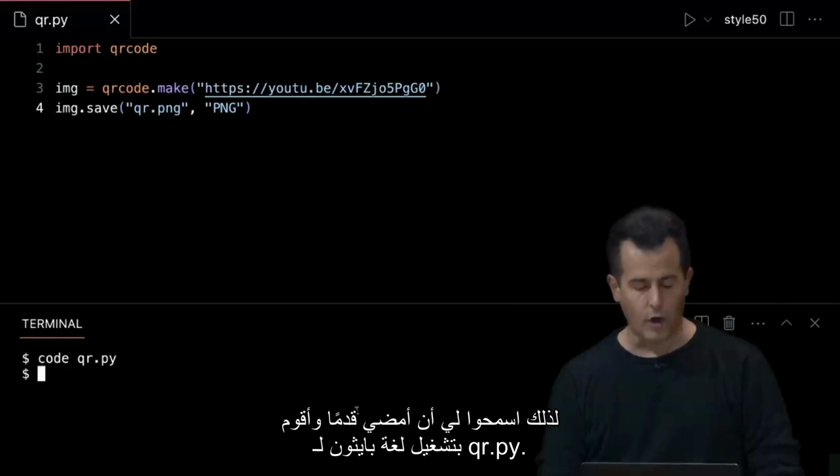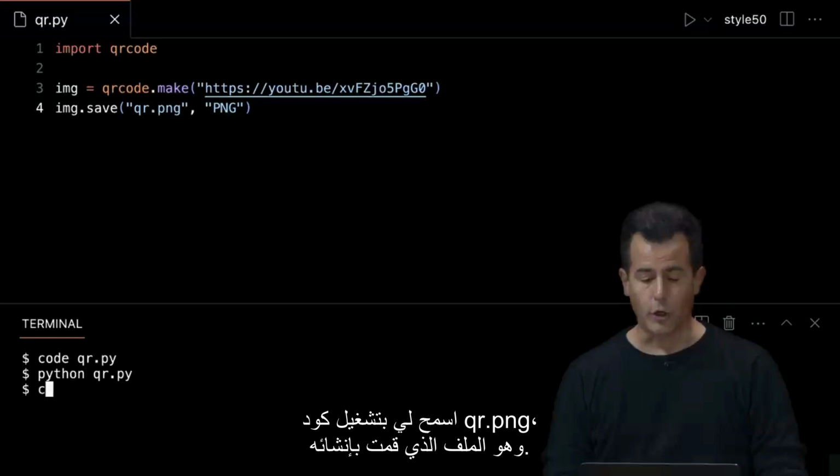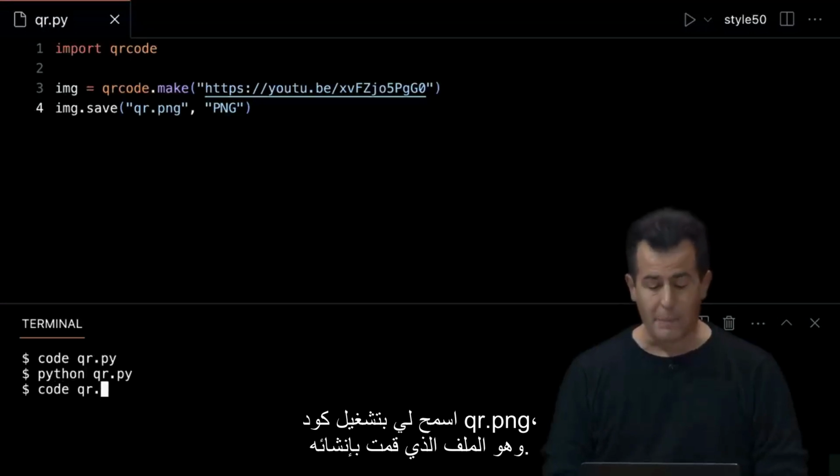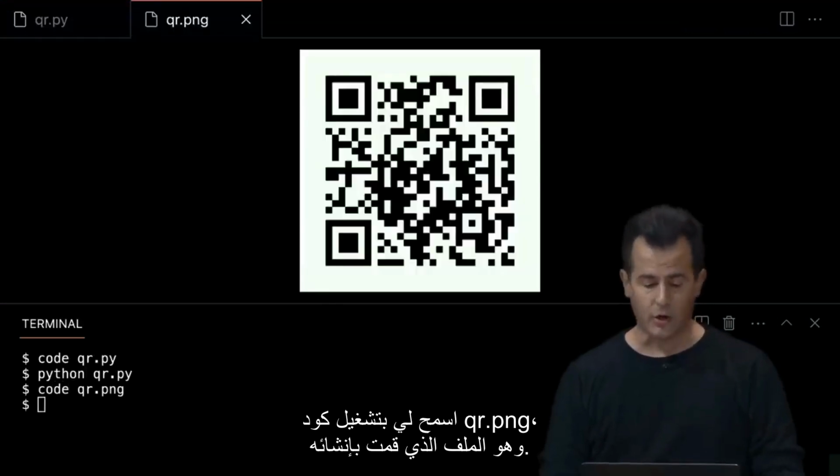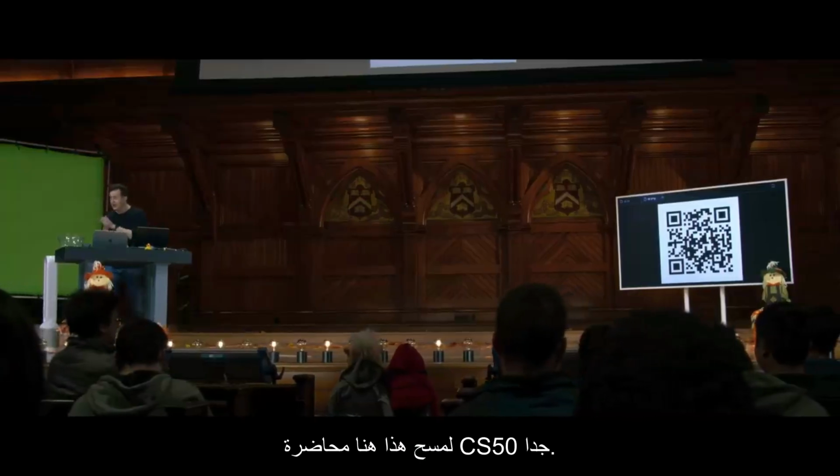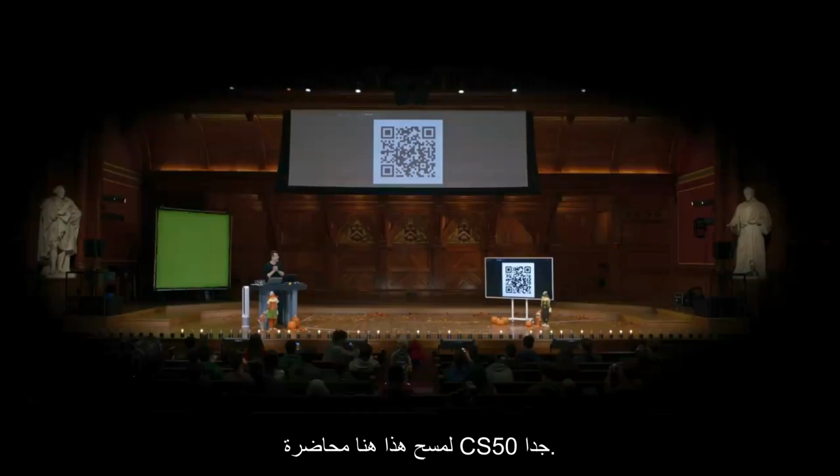So let me go ahead and run python of qr.py. It seems to have run. Let me run code of qr.png, which is the file I created. I'll close my terminal window, allow you an opportunity to scan this here very CS50 lecture. And